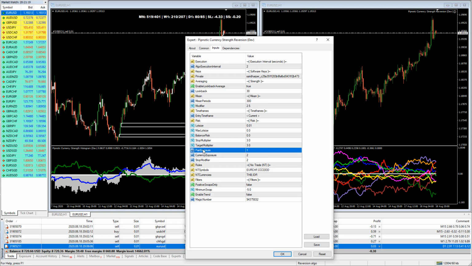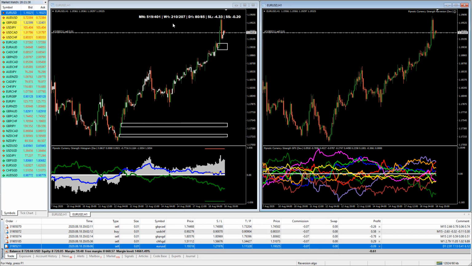So I'm allowing it to trade one position per pair, and it is exposing itself to two currency crosses where, for example, the American dollar is exposed in both of them. So it's trying to limit its exposure to currencies and currency pairs. And so I just let it do that, and it's a really handy tool, because what I'm doing is